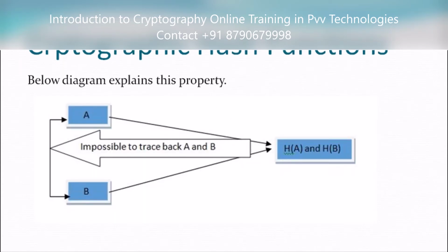This is a diagram which shows how the hash function works. The value of A and value of B are hashed together using a hash function. Then we get hash of A and B, which is a single value. It is difficult to recognize what is the value inside this h of A and B. So it's very difficult and almost impossible to find the values of A and B from this value after hashing is done.